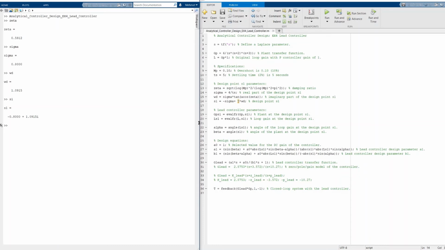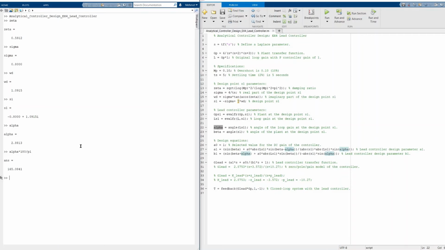I can also do alpha. So what is actually alpha? If I now do alpha, I will get this one. This is of course in radians. So if I want to have it in degrees, I will do 1 times 180 divided by pi. So I will have then this. It is